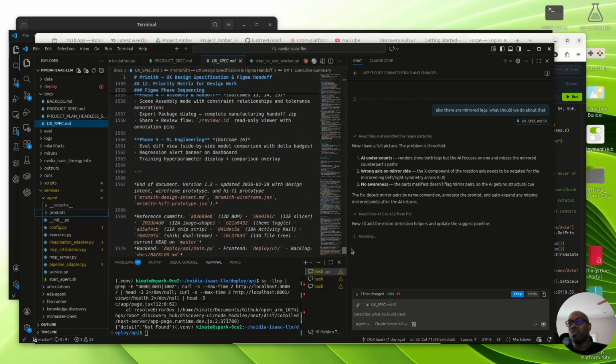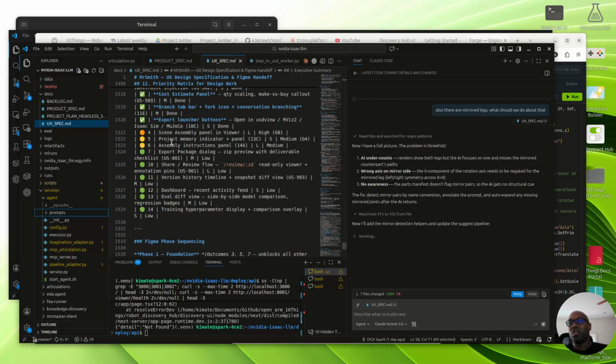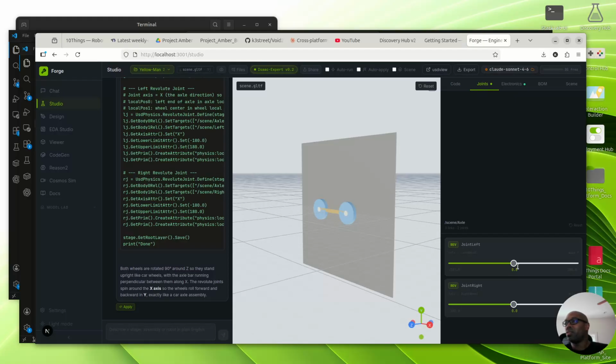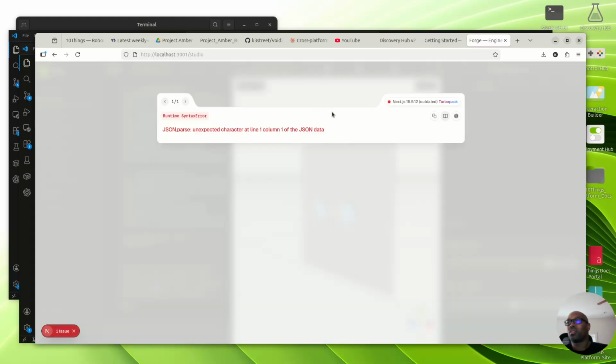We're down to, I'll call it, a bit of minutia. All the priorities have been taken care of, and now we're down to making sure that there's unified memory and assembly instructions and little things. Like, I'm building something, maybe something I don't even understand. I want to be able to look at the use of the joints left and right. They're not moving. Oh, because there's an issue there. You can see. Perfect. Yep.